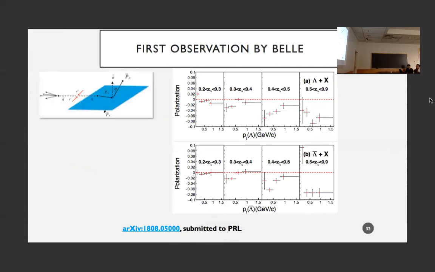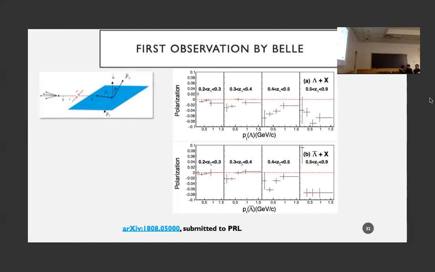So it was only natural to look at this in plus and minus, and so these are very new results we just submitted to PRL. We haven't heard back yet. What we did is we measured the lambda polarization. Many people ask me if this is like the simple approach with respect to the beam axis. No, we define the lambda plane with respect to either the thrust axis or the hadron on the other side,